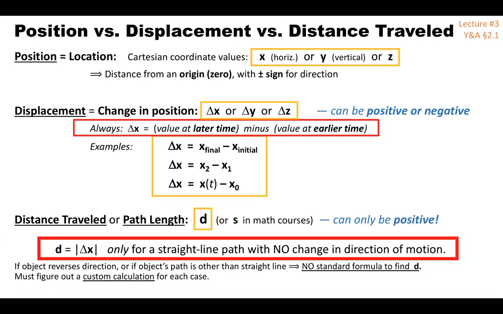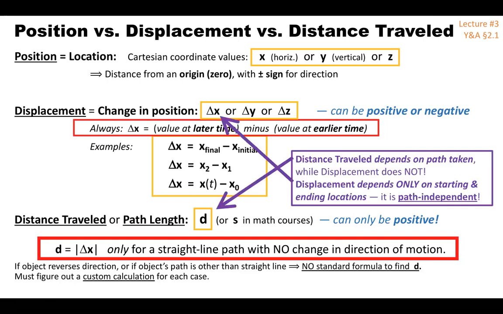Now, this also, if we look at these definitions, raises another interesting question. Path length traveled, or distance traveled, can be complicated, and it clearly depends on the length of the path taken. However, if you look at the definition of displacement up above, you can see that it really depends only on your starting position and your ending position. And it doesn't depend at all on the path that you take to get from the starting to the ending